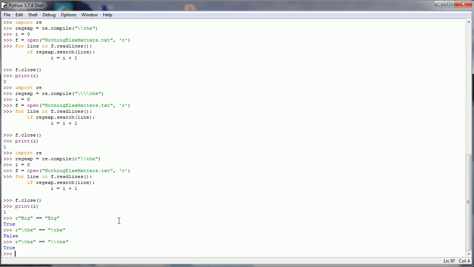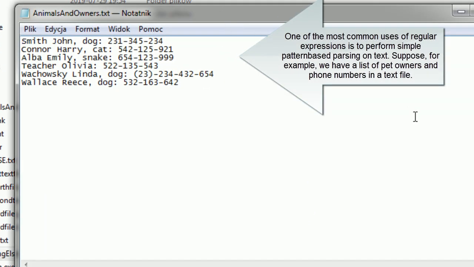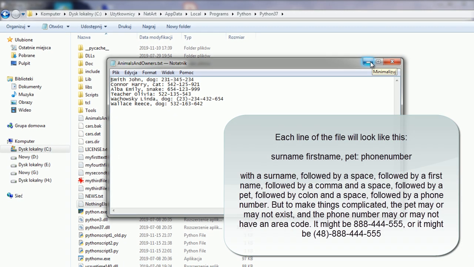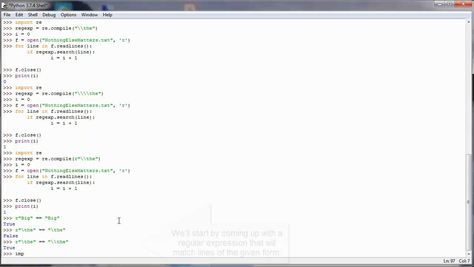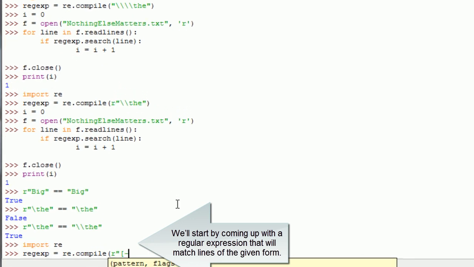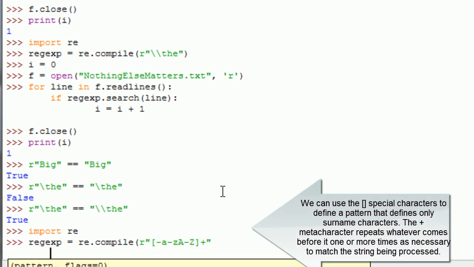One of the most common uses of regular expressions is to perform simple pattern-based parsing on text. Suppose, for example, we have a list of pet owners and phone numbers in a text file. Each line of the file will look like this. With a surname, followed by a space, followed by a first name, followed by a comma and a space, followed by a pet, followed by colon and a space, followed by a phone number. But to make things complicated, the pet may or may not exist, and the phone number may or may not